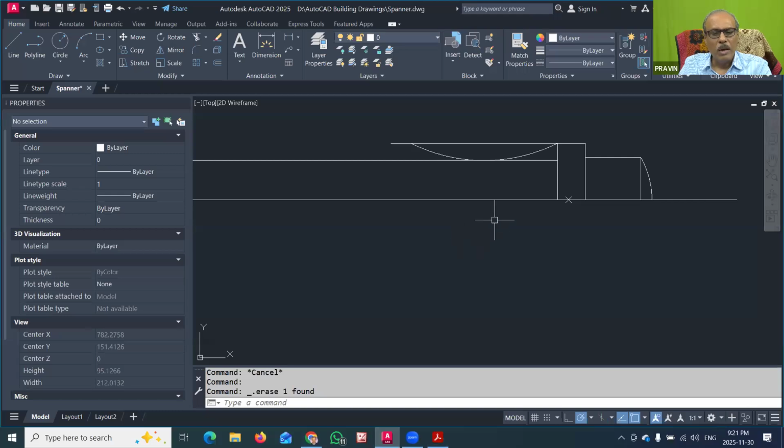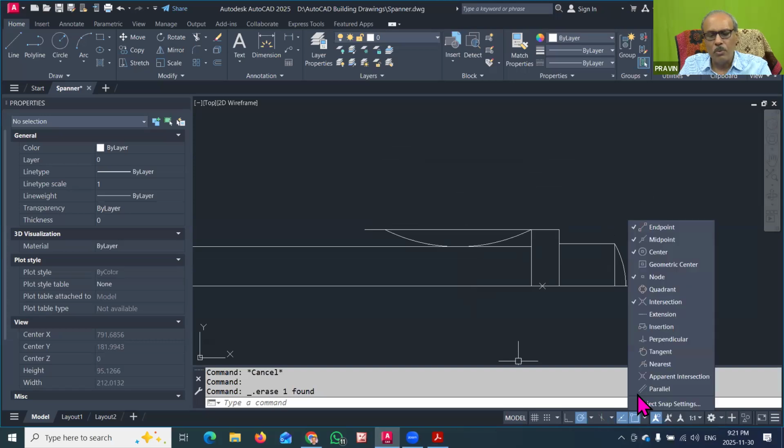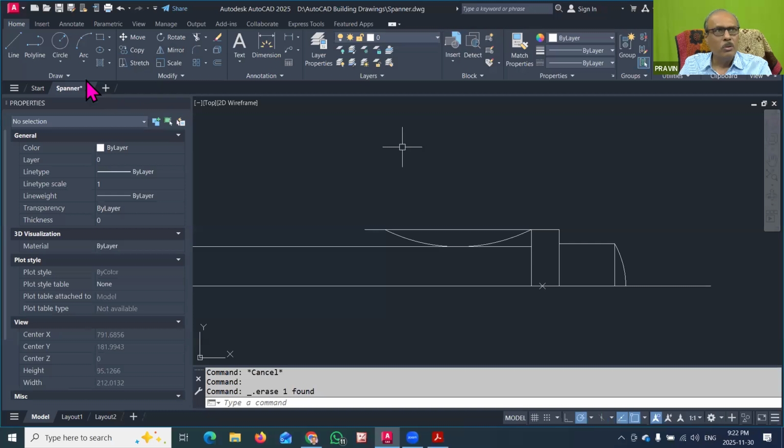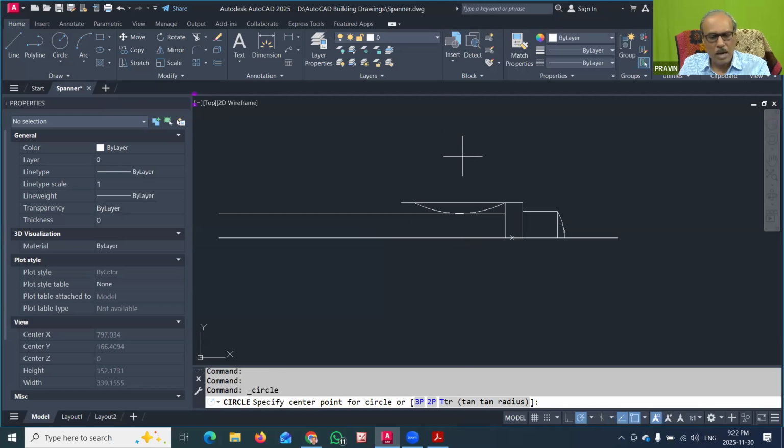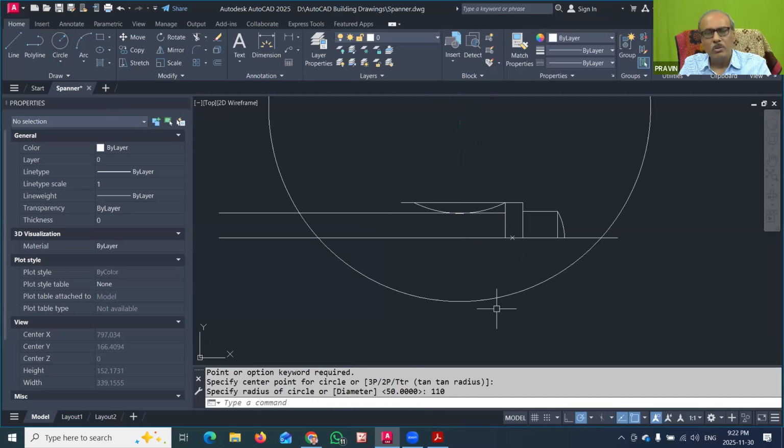So what I will do here, I will just use the object snapping, that is for the center, that is on. Now actually it is on now. So for this particular arc, you have to find out and mark the center of this circle also. Yes, this is the circle, and here you have to draw 110 radius. So it is going here. And now on this, we have to find out this circular part.